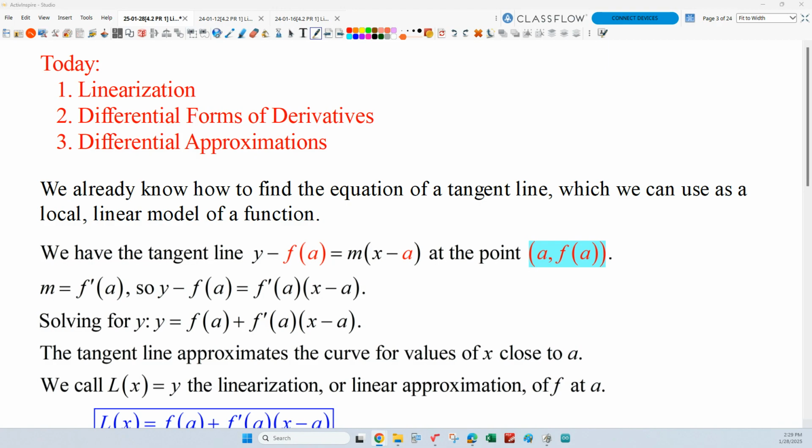So what we're going to talk about is linearization. That's probably all we'll get to today, but that leads us into some other interesting topics. We can talk about differential forms of derivatives. Essentially, there's a new way that we could take all the derivatives that we already know and just tweak them very slightly, and essentially for free, we get new forms of those derivatives called differential forms, which